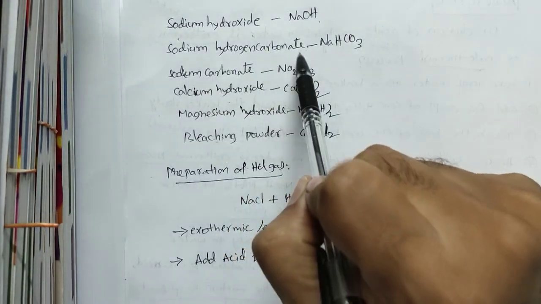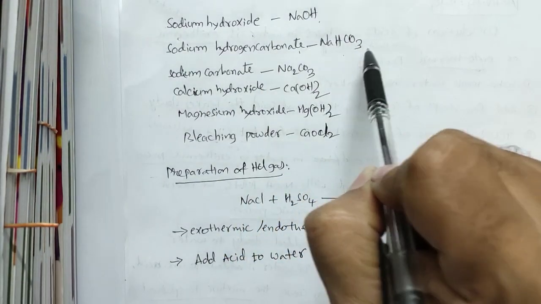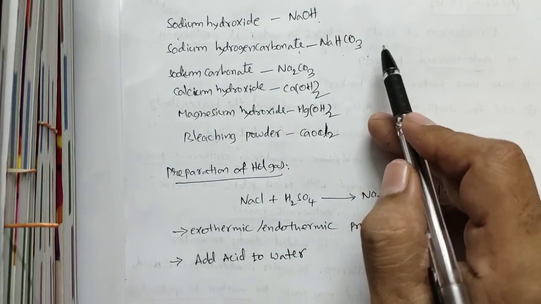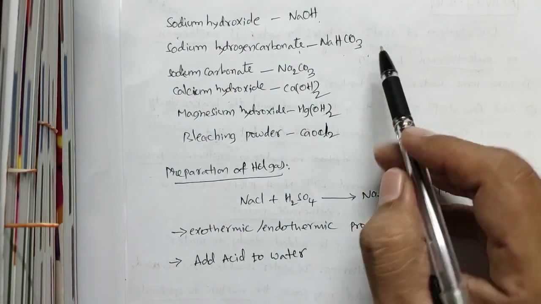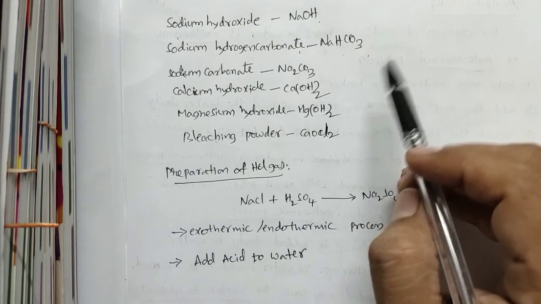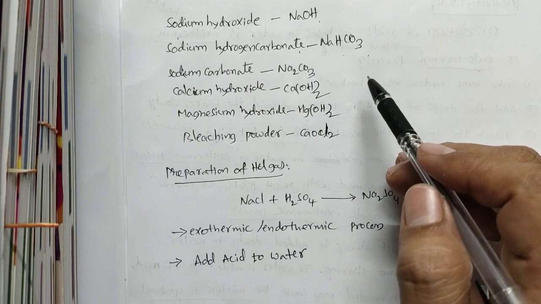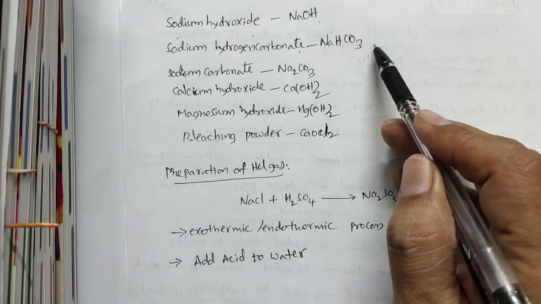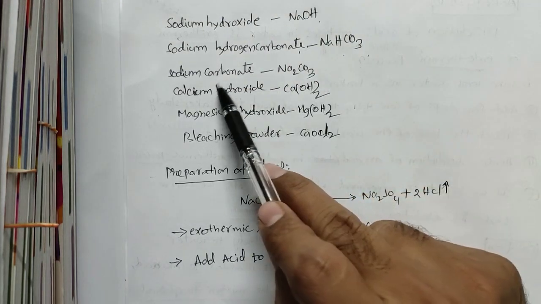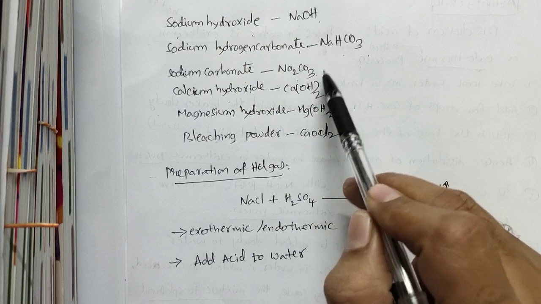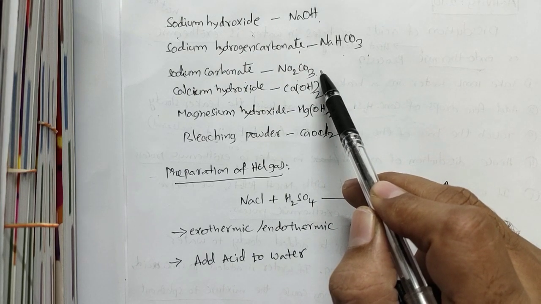Sodium hydrogen carbonate, NaHCO3, also called sodium bicarbonate, is used as an antacid, as a fire extinguisher, and the most important application is as baking soda. Sodium carbonate, formula Na2CO3, is used as washing soda,